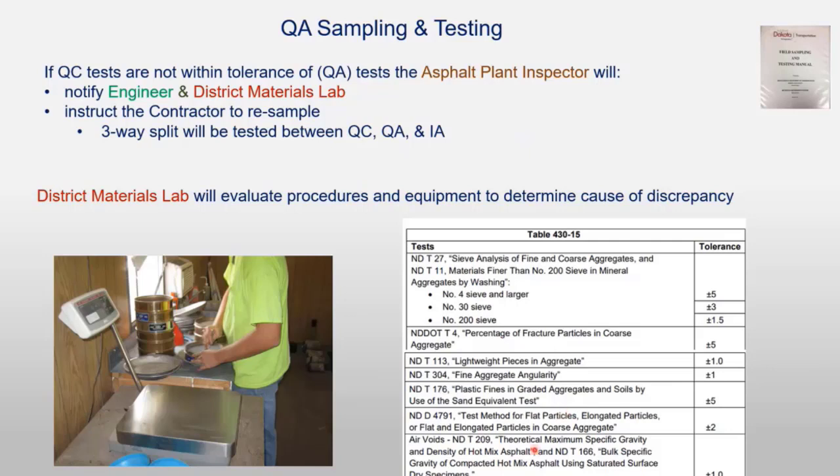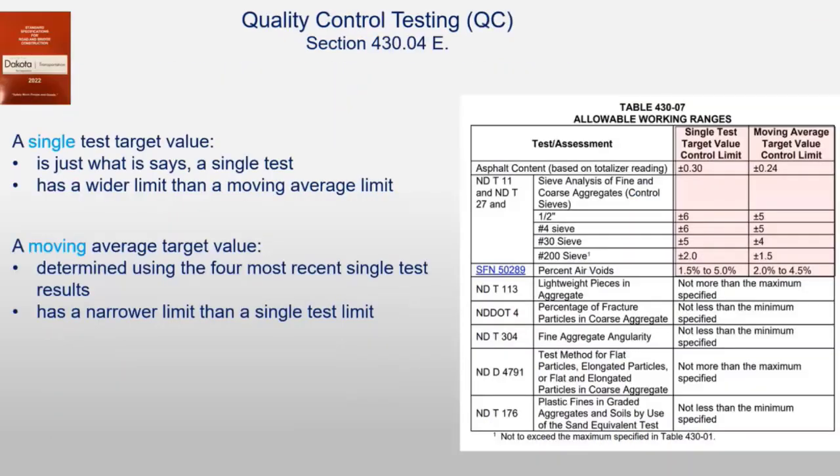So what we're trying to do is troubleshoot this. And it's best to try to do all this as fast and as efficiently as we can, because we don't want to let the problems get away from us. These plants put out a lot of tons, and so we want to make sure we get stuff straightened out fast, and get things back rolling normally. And so now we're kind of getting into more of the contractor part of it. If their tests maybe start to go out, they have to adhere to these single tests and